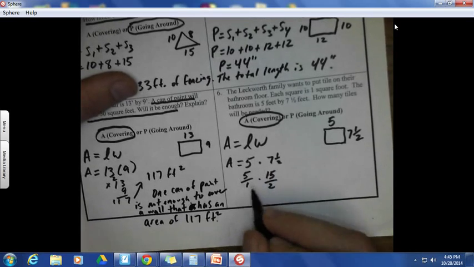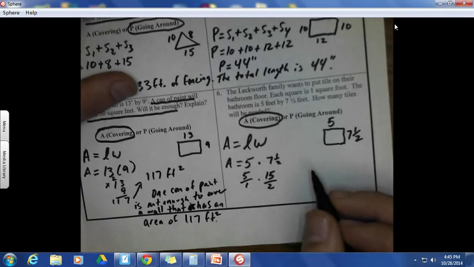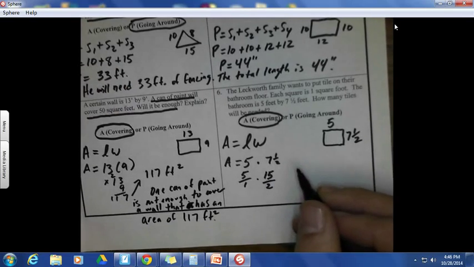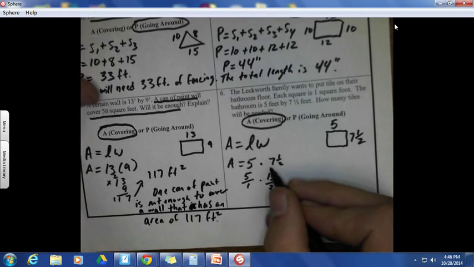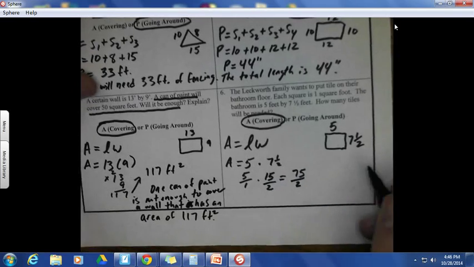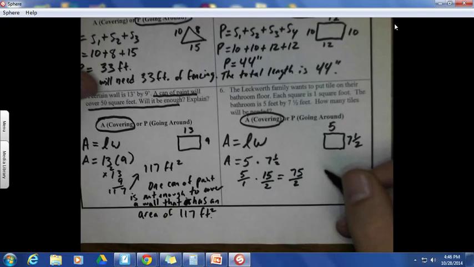We have 5 over 1 times 15 over 2. So now we can just multiply straight across. 5 times 15 is 75 over 2. 75 over 2 is